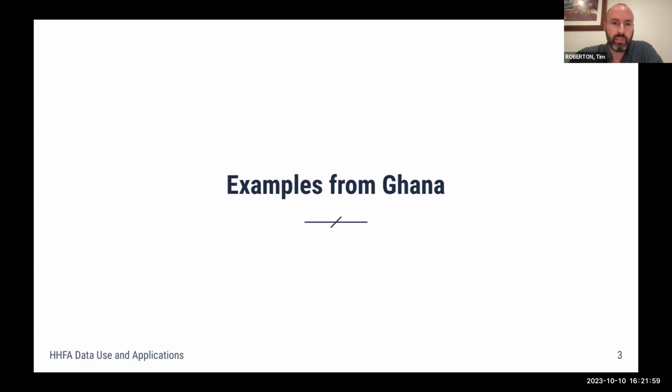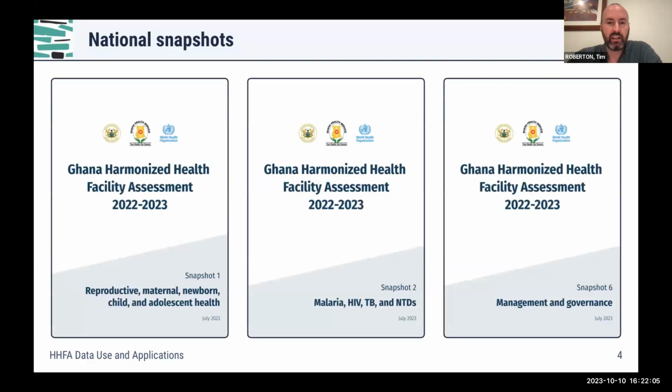So I'll start with Ghana. Wendy already mentioned how Ghana's been a really great example of the HHFA. And I think the reason why it's been a success is because not only did they do a good job of the survey itself, but then very quickly they were able to analyze the data and produce a set of meaningful outputs or products that were program specific, and the development of which was done in partnership with program teams in the country. So the kind of highlight product from Ghana were these set of 6 snapshot reports, they call them,